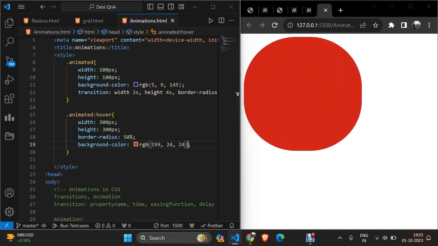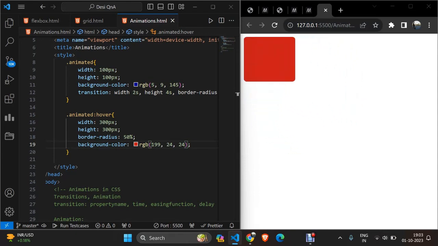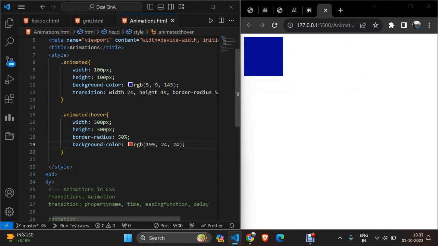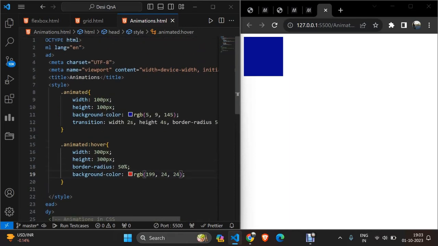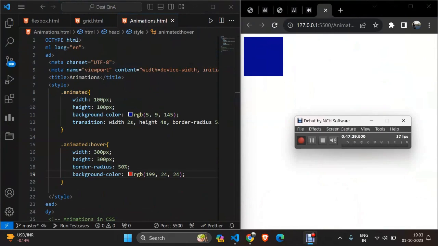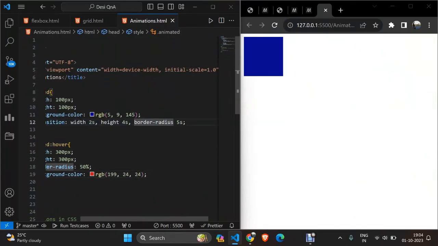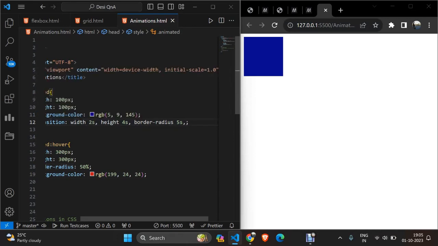And also I have to set some changes here. I don't want the color to be changed right after I click here. I want it to be changed with some time duration, right? So for that, let's make some more changes over here. So we have added the property of border radius, height, width, and everything. So one more thing we have to add is this